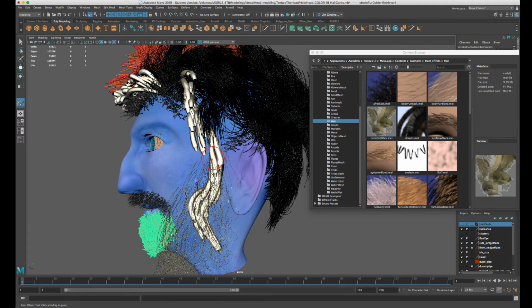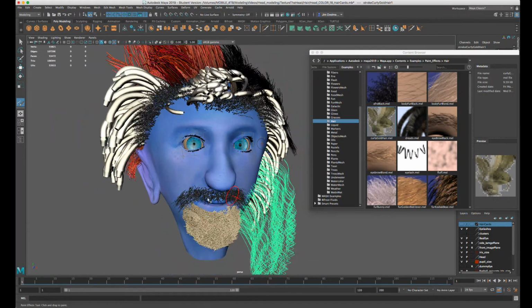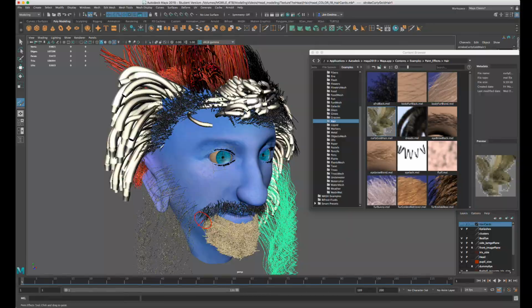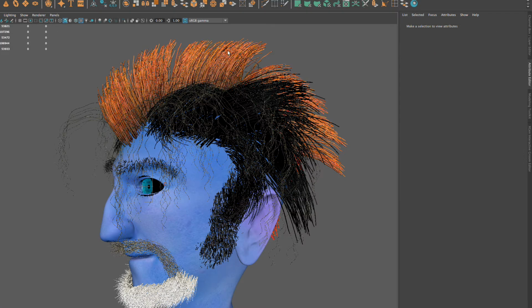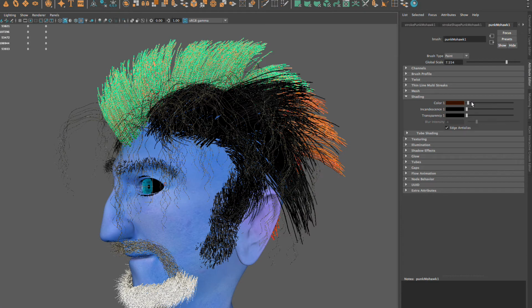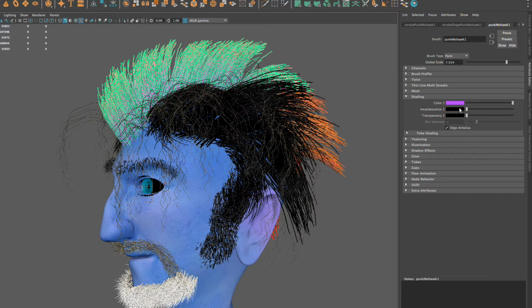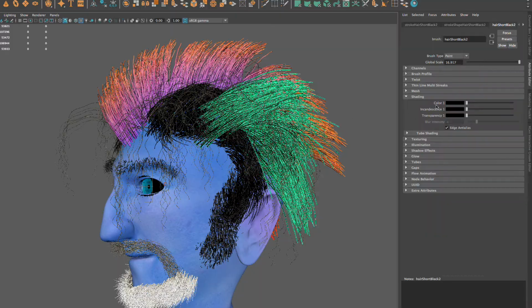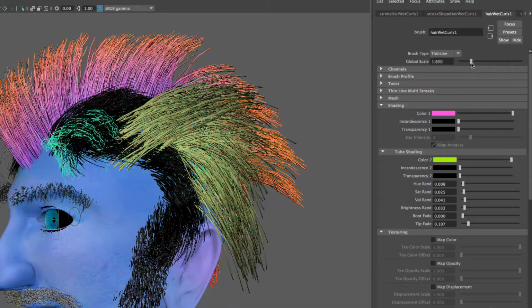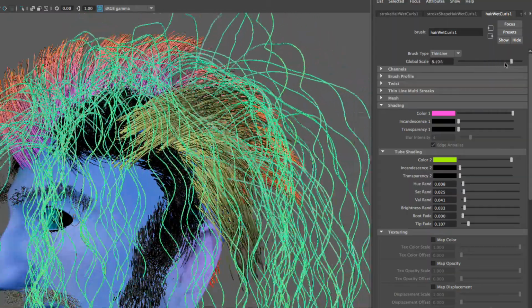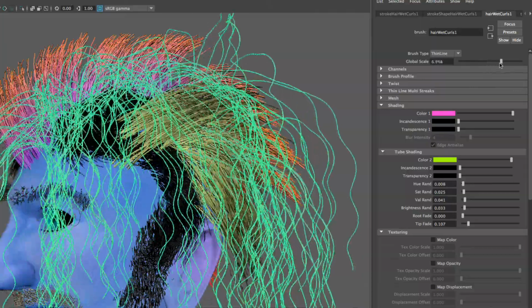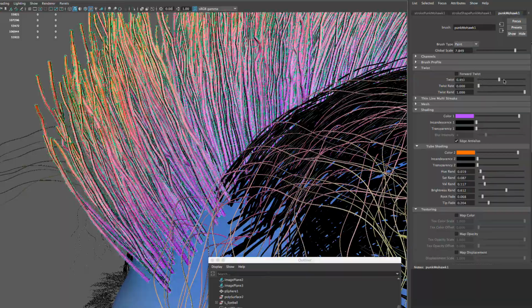Now, creating paint effects is fast and easy, even fun, very intuitive. There's a lot of customization and control in there. You can select the strokes and go into the deep menus it has. You can change the color, the transparency as it fades in and out from the root to the tip of the hair. You can change the behavior. You can change how long it is, its global scale, or how curly it is, add twist or thickness, anything